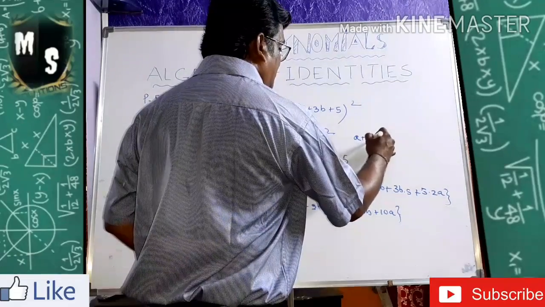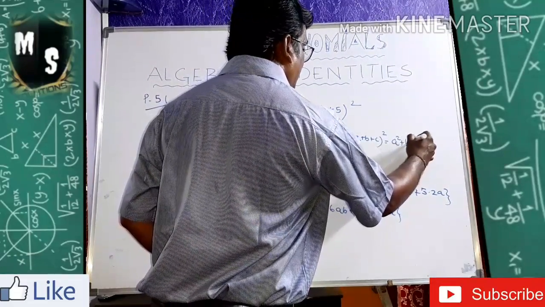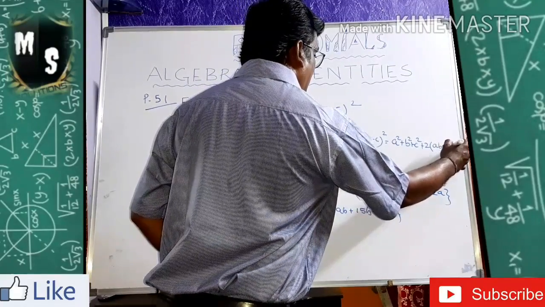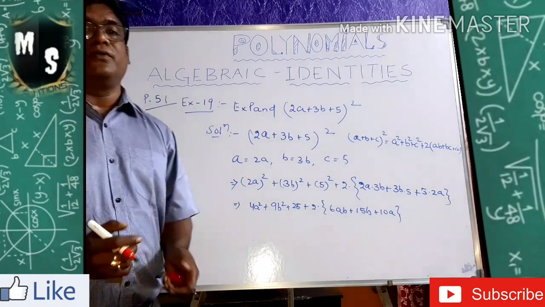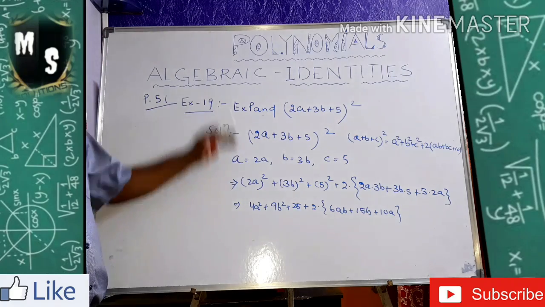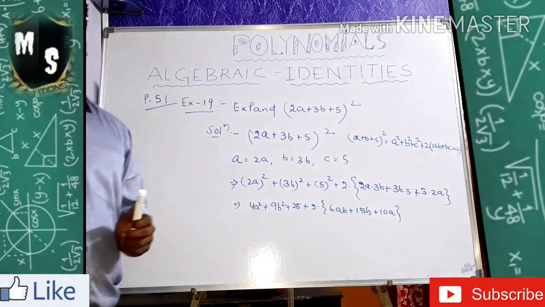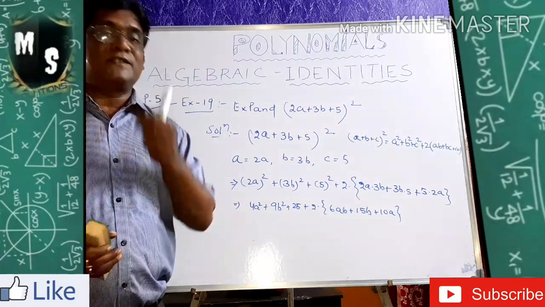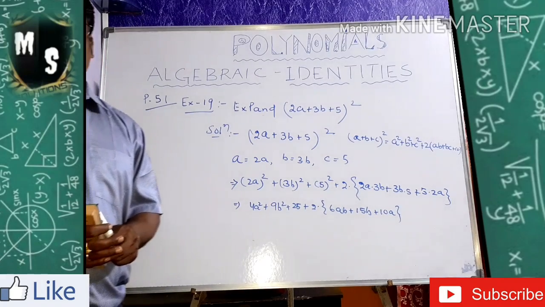The formula (a + b + c) whole square is equal to a square plus b square plus c square plus 2 into (ab + bc + ca). Understood? Now like that you are going to complete the sums for the square identities. Square identities means 5 square identities are there. Please try to learn them and practice them nicely with the textbook sums and examples. After the practice you will get it nicely. Go through the formulas nicely also.